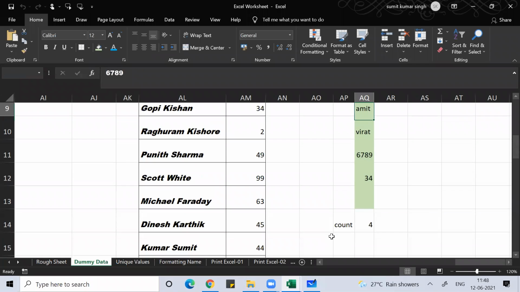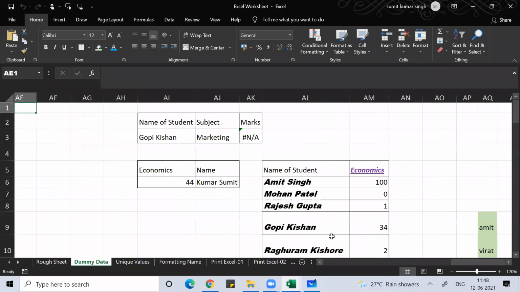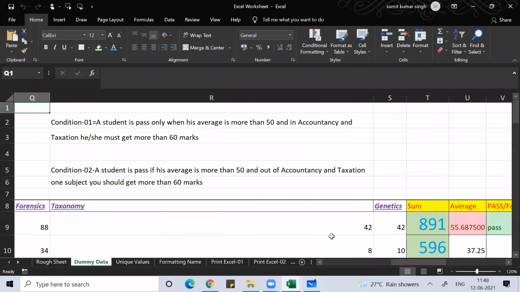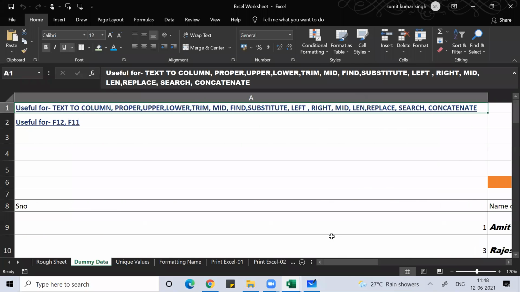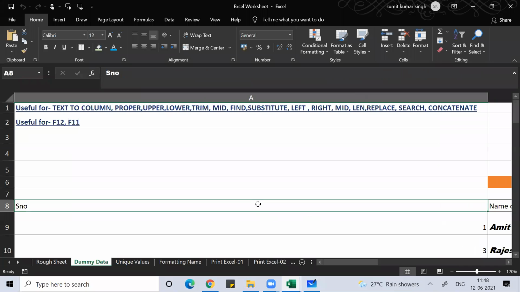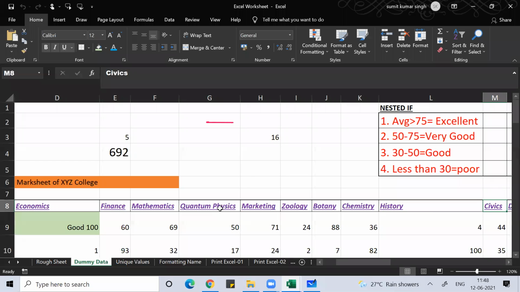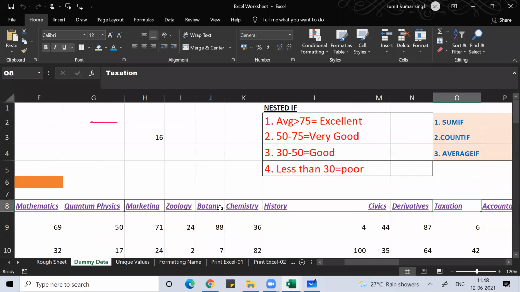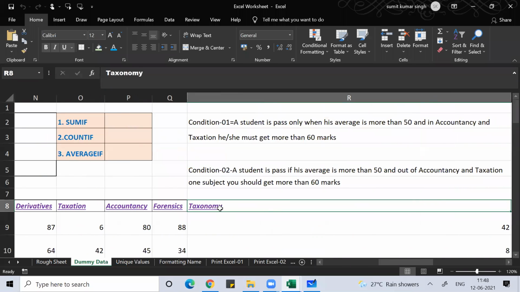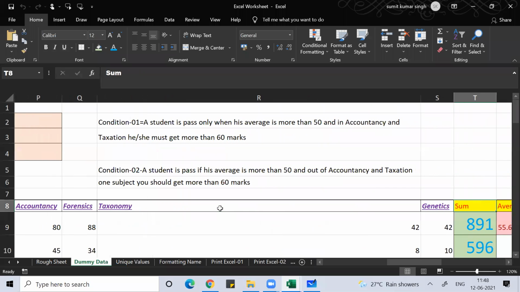Now, like you see that kind of scenario. Suppose somebody asks me how many subjects are there. So how many subjects are there? 1, 2, 3, 4, 5, 6, 7, 8, 9, 10, 11, 12, 13, 14, 15, 16. 16 subjects are there.